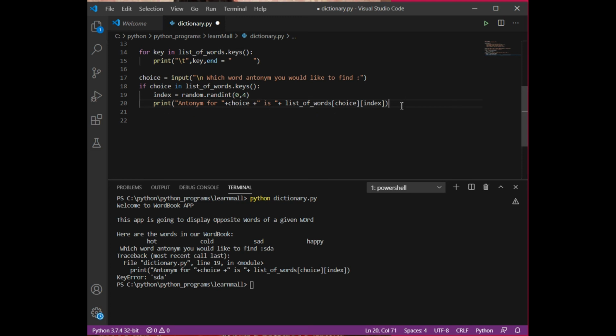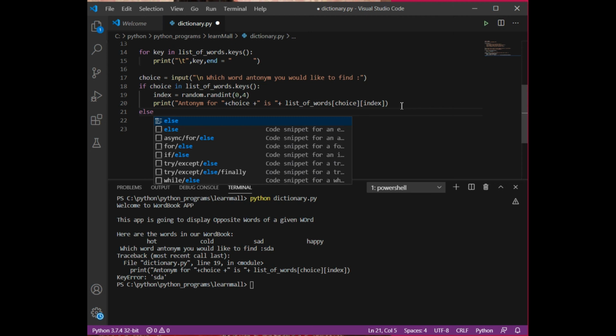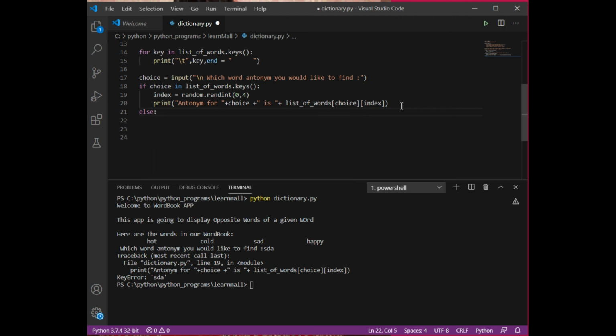Else, if the choice is not one of the words given in the dictionary, we are going to print a message: sorry, this word is not present in word book. I'm going to save this and run it.